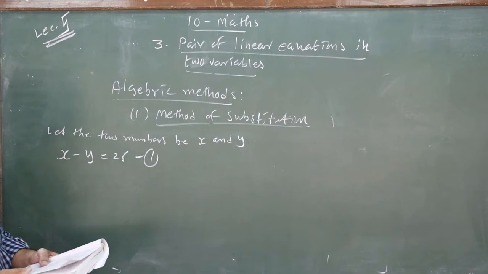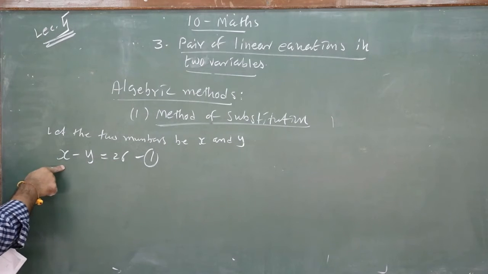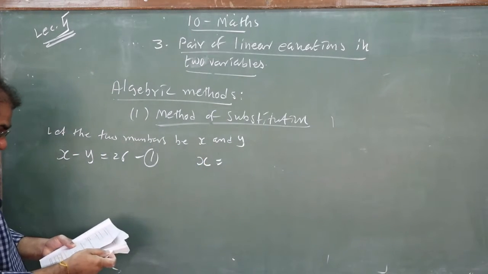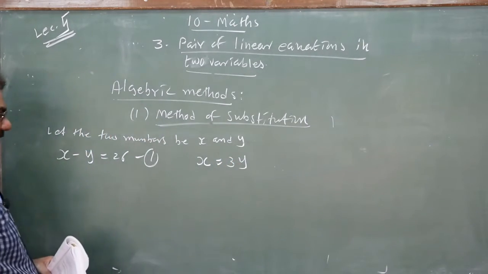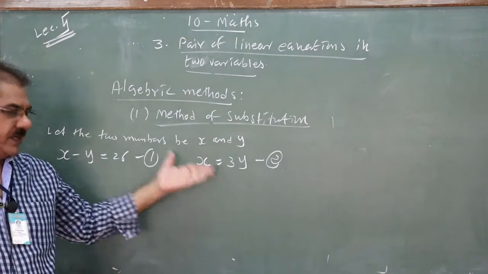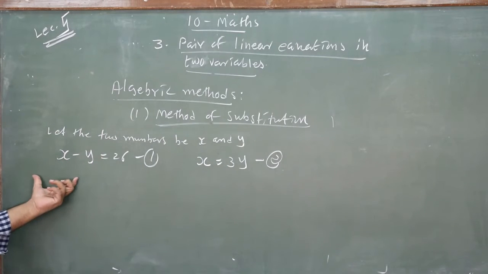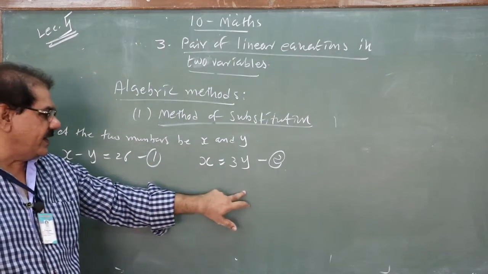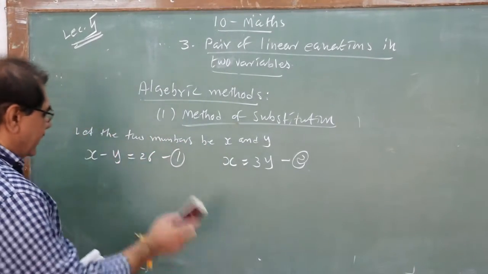One number is 3 times the other. Since x minus y is 26, x is more than y, we know. So the bigger number is 3 times the other. X is equal to 3y. It is your equation number 2. So now you have got the equations. Here the ready-made value of x is given in equation number 2. So directly plug the value of x in equation number 1, get the value of y, and then plug the value of y in here and get the value of x. So this will be your lookout. I don't solve it.